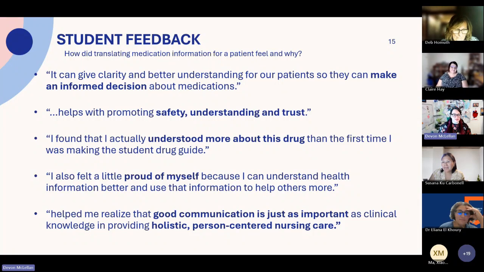I was so thrilled that students, generally across almost all of the assignments, were acknowledging the huge role that we play in supporting patient autonomy and trust. And these comments have just been so meaningful to me reading the assignments. Watching a student think about holistic person-centered care was just such a treat.